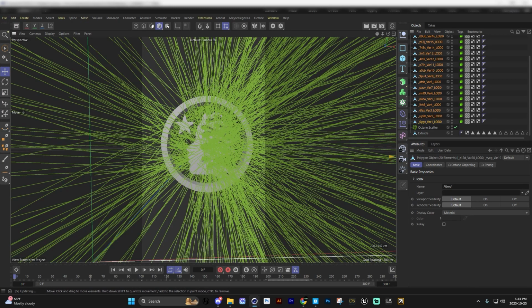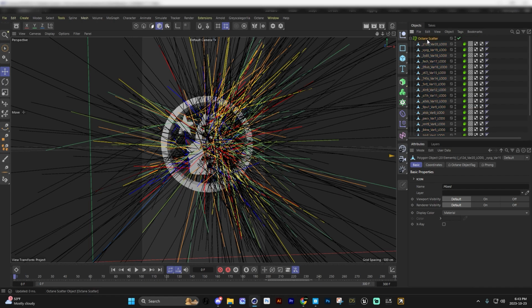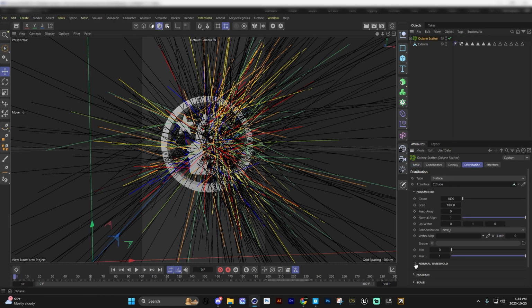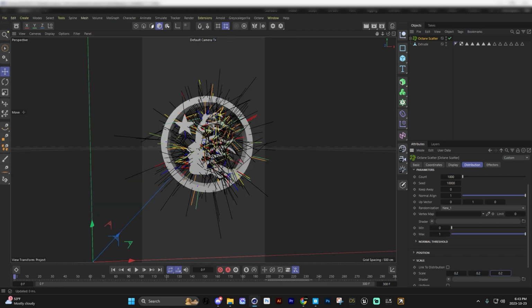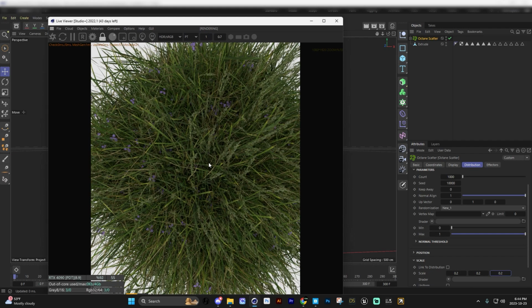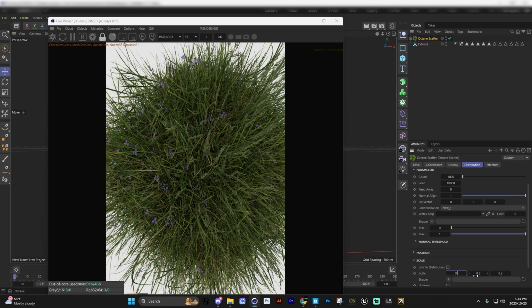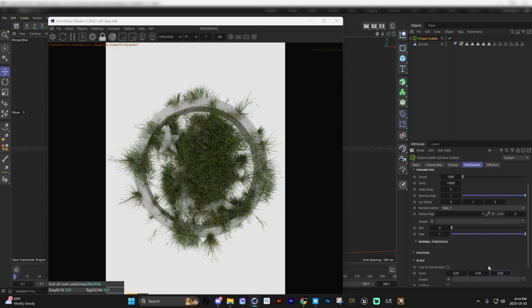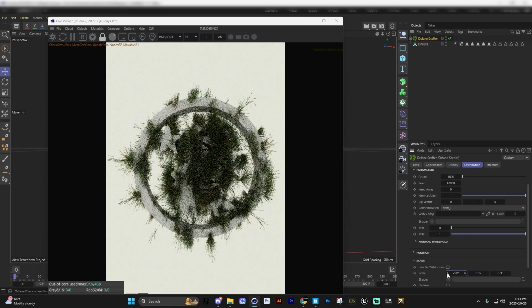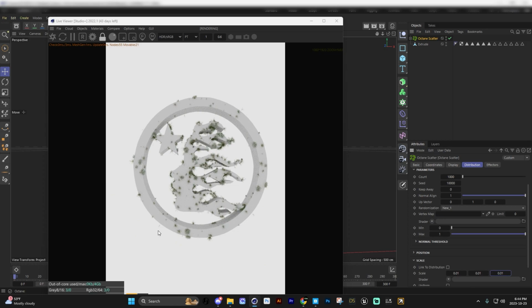We can just move that and then drag it into the Octane scatter, and then you want to size it so it's proper. So we're gonna go to scale. I'm gonna do like 0.2 across the board, and I think that it's still not good. As you can see, it just looks like a big grass ball on my Octane render. So we can just keep playing with it. Let's go 0.05 across the board. Again, still not the best. Let's go 0.01. A little bit better.